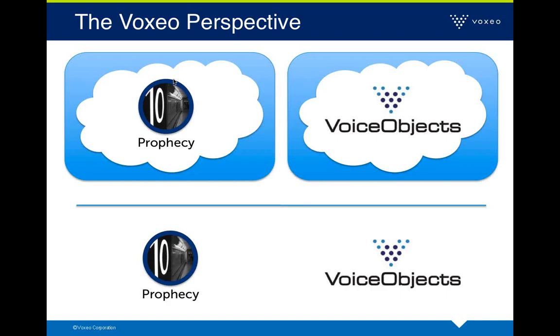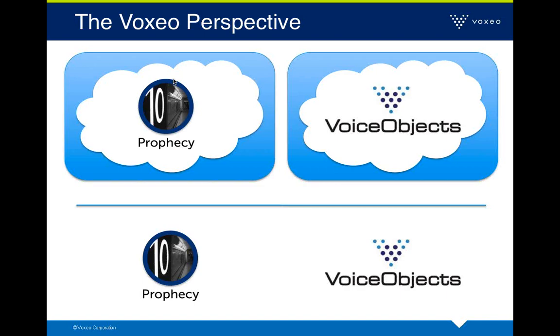From our perspective, as I alluded at the beginning, we don't really have a great preference whether you deploy into the cloud or onto the premise. We support both. Our Prophecy product, which is our main application server that runs our applications, came from a hosted perspective, and it runs on a premise on Linux, on Windows, or on Mac OS X. And likewise, our Voice Objects platform, which is a service creation environment.